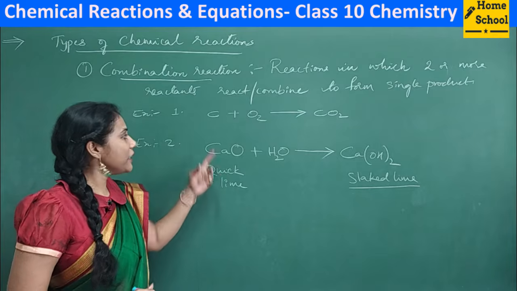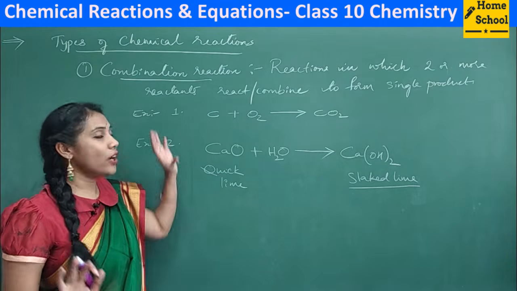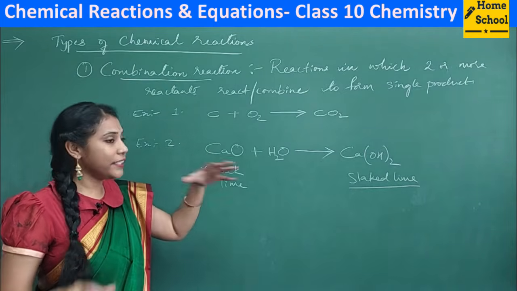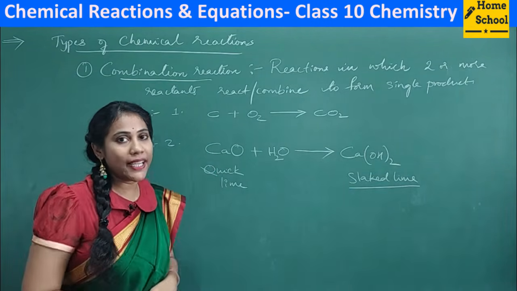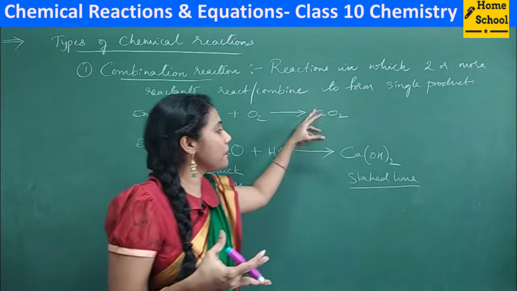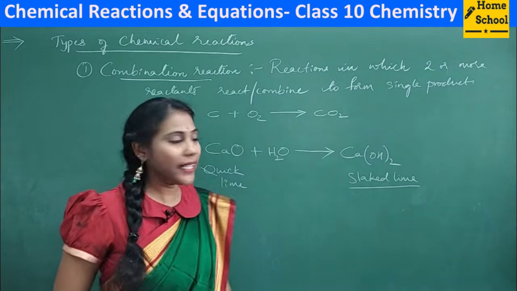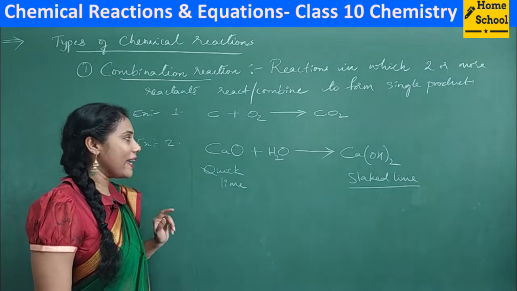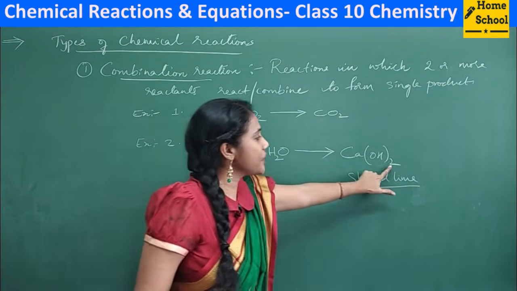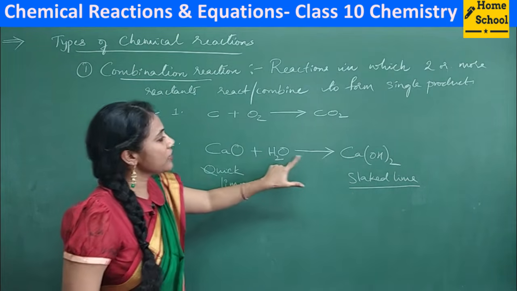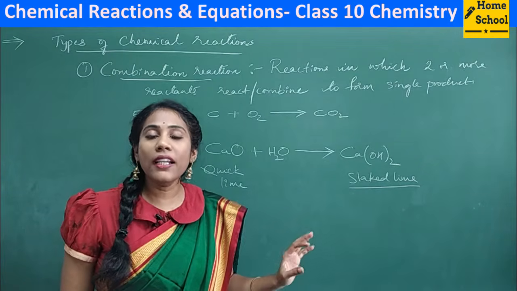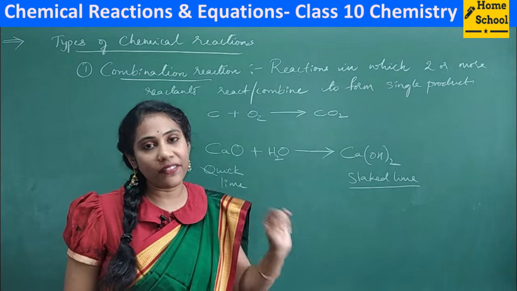So guys, these are the two examples that you can remember for combination reaction. Very simple reaction. On the reactant side, it can be two or more reactants. But however many reactants react, the product that you get is always only one. Okay. So can you tell me whether this reaction is balanced or not? One calcium, and two hydrogens, two oxygens, and here also two oxygens. So the equation is balanced. So this is all about combination reactions, which are very, very simple.